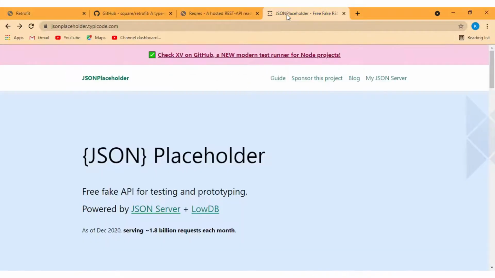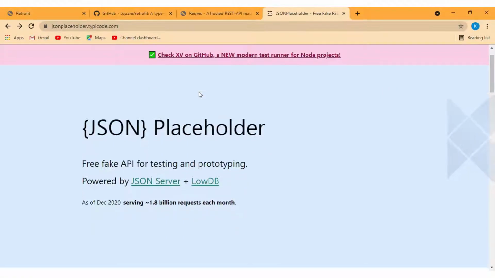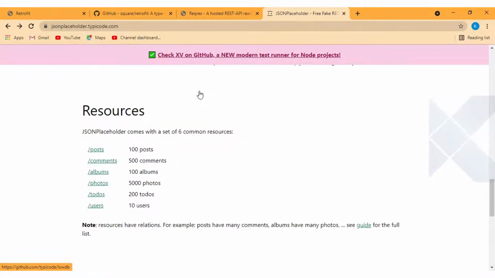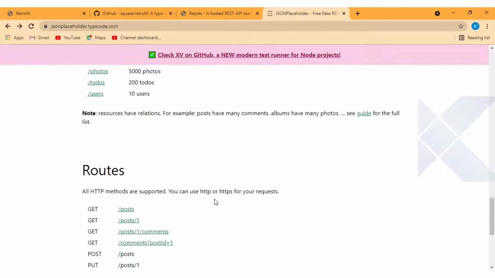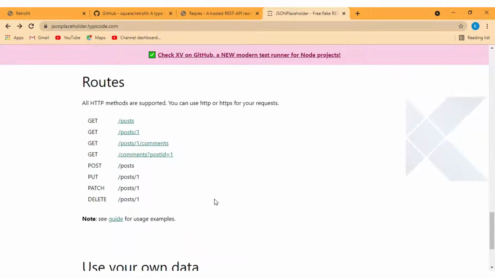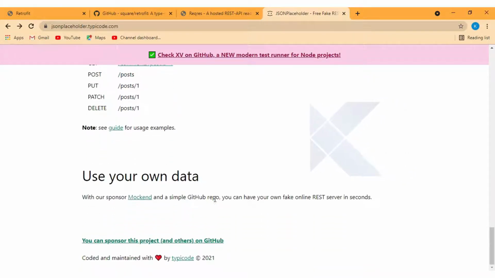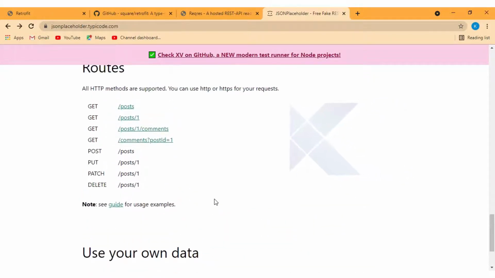Another website we have is jsonplaceholder.typicode.com. This is also a website that provides some APIs for RESTful operations. Just for testing purposes, we can use this one. In a real project, you will get your API from your server-side, backend developers, who develop these APIs and provide them to you. As Android developers, we are not going to develop these APIs.